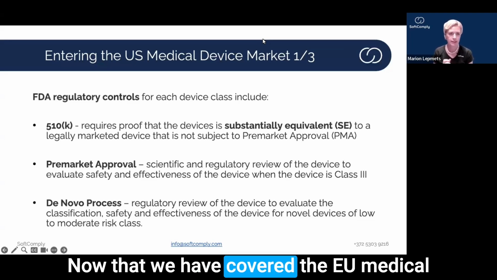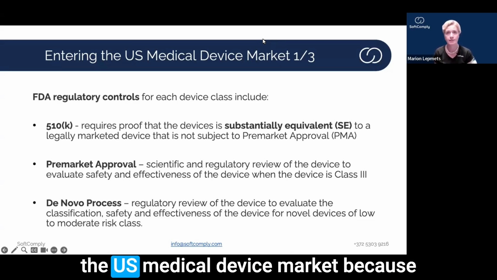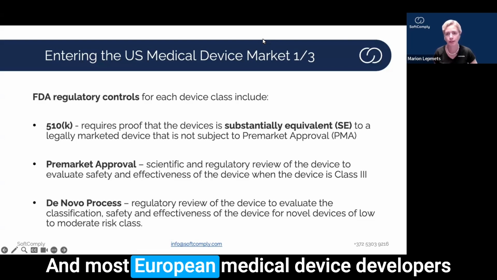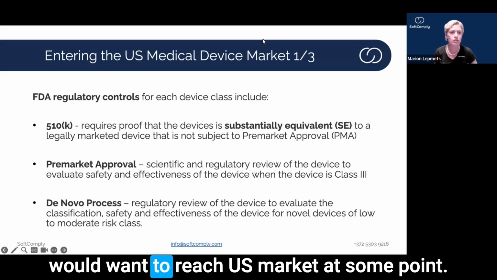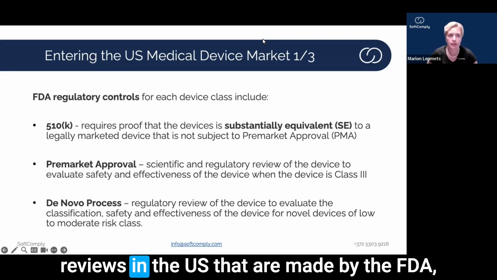Now that we have covered the EU medical device market, let's focus quickly also on the US medical device market, because it is the biggest market out there, and most European medical device developers would want to reach the US market at some point. There are 3 different types of regulatory reviews in the US that are made by the FDA, the